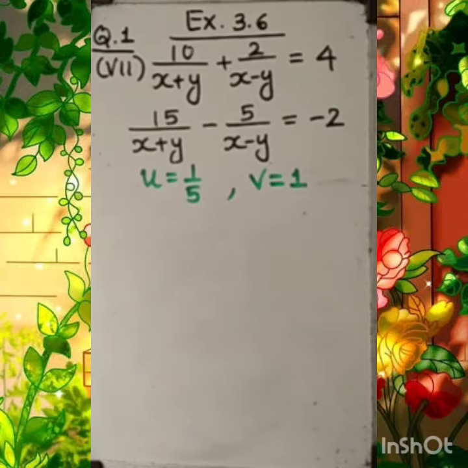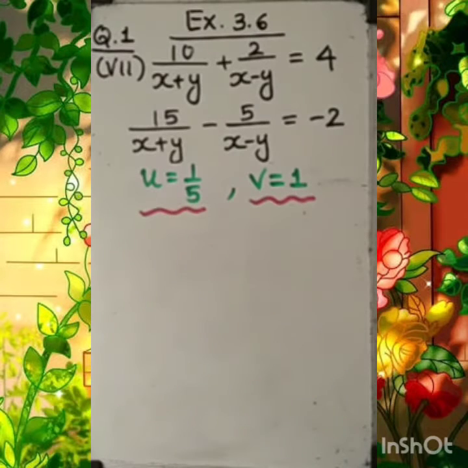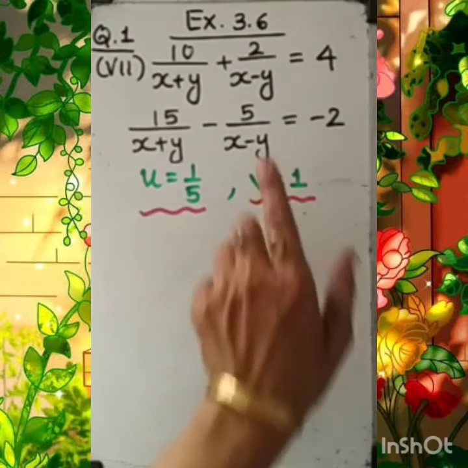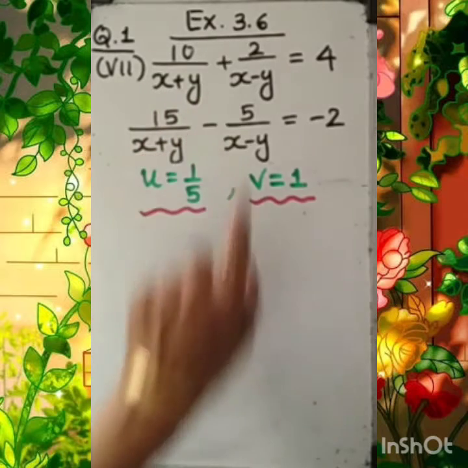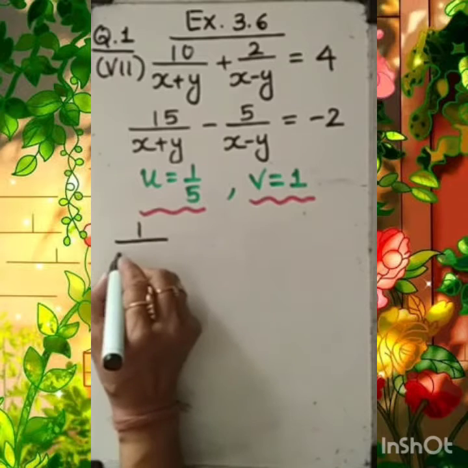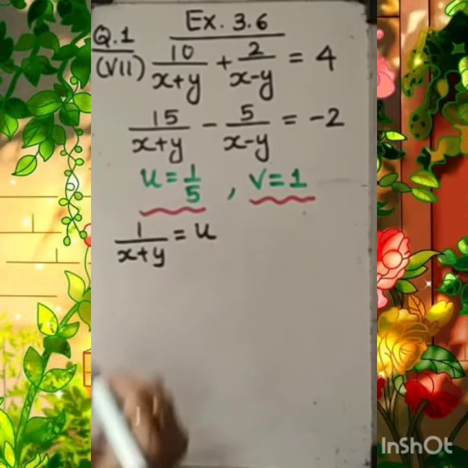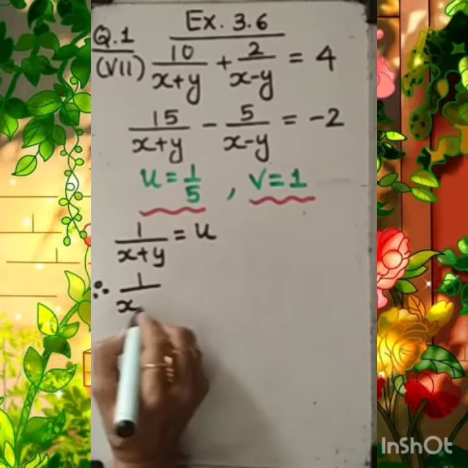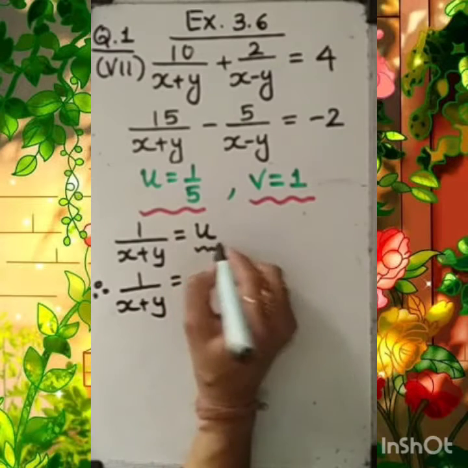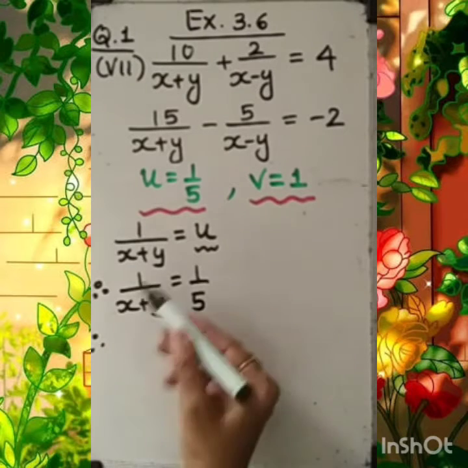1. Okay dear student, as we got the value of u equal to 1 by 5 here and v equal to 1, right? This value is not our final answer, because in our original equation we are given x and y variables. So as we have assumed, we are putting its value. We know 1 upon x plus y we have assumed as u, correct? Therefore, let me write it as it is here, and in place of u I am putting this value 1 upon 5. After all, we can take the reciprocal on both sides.